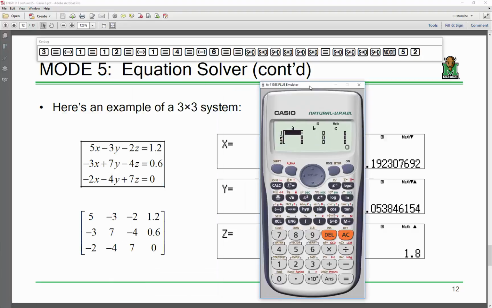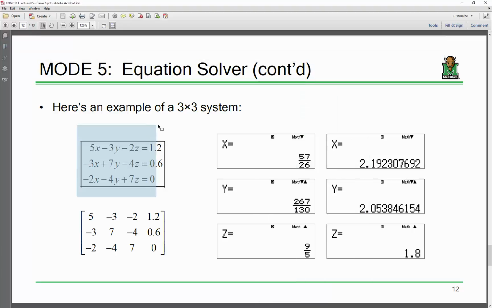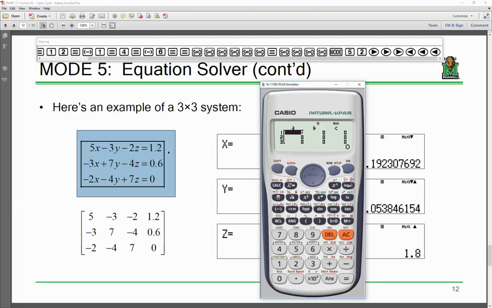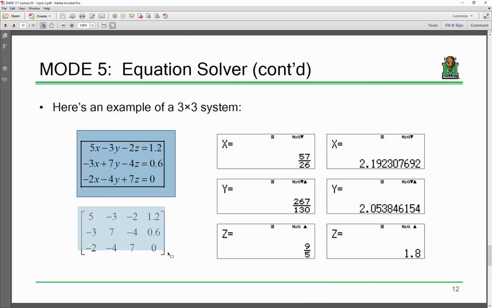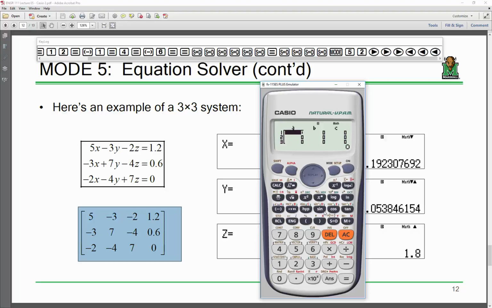So I have here a similar table, and if you notice, I'll use the arrow keys to go around. You can see instead of having A, B, and C, I have A, B, C, and D because I've got more terms. So we're going to look at the following 3x3 system. So we've got 5x minus 3y minus 2z equals 1.2, and then you can see the other expressions. Really, we just have to have a little bit of patience to go through and enter the values in as we see them. So I've actually written a table down here that we can follow when we're going through entering